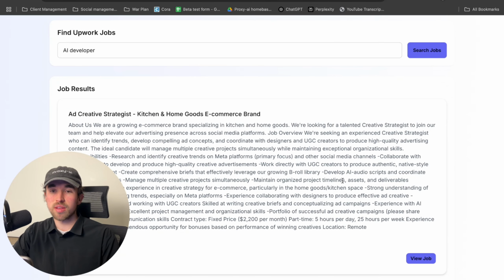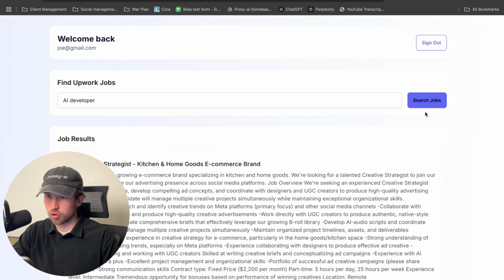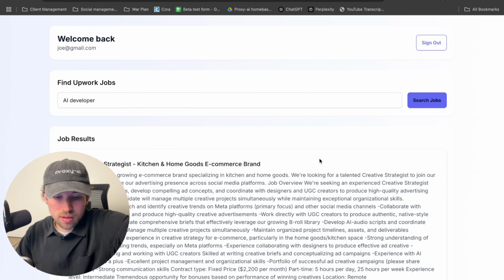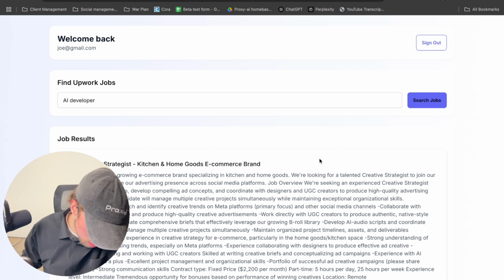So now you can see basically the process of having a landing page, signing in, authenticating. That information gets saved to the backend database. In this case, we're using Supabase. And then you can come into here, hit search. Now, remember, guys, this is exactly the pipeline that we talked about previously.